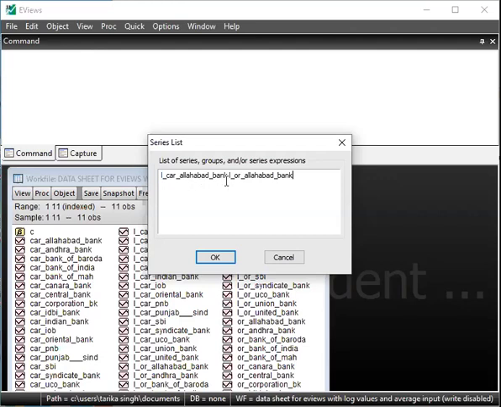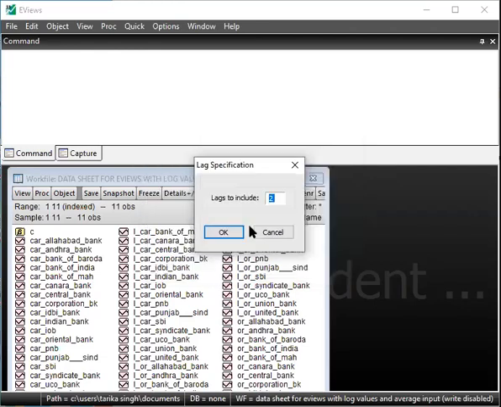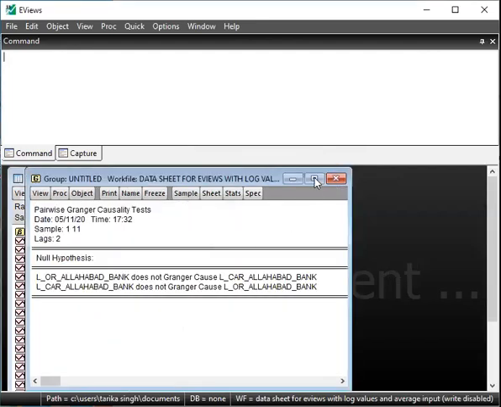In this case, I'm just testing the relationship between CAR and OR of Allahabad Bank. I'll click OK, and I'm taking the standard lags here.